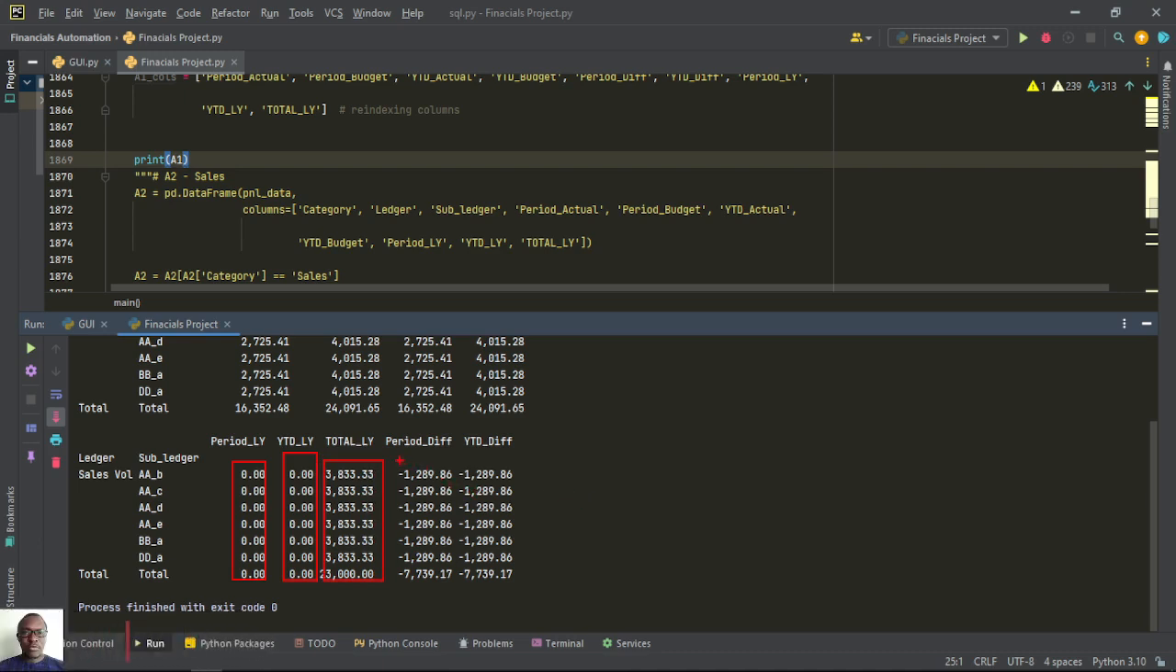And then down here we are having the differences. So these are the differences in terms of the actual figures and the budget. And then we are having the period figures, and we also have the YTD figures. So later on we'll try to arrange these columns in such a way that they should portray what we have in this